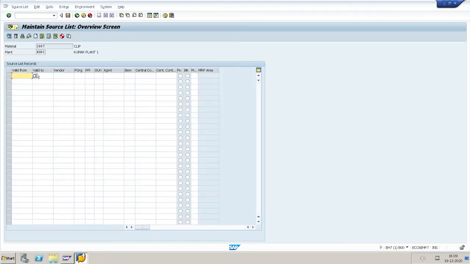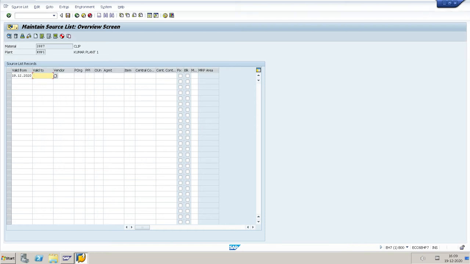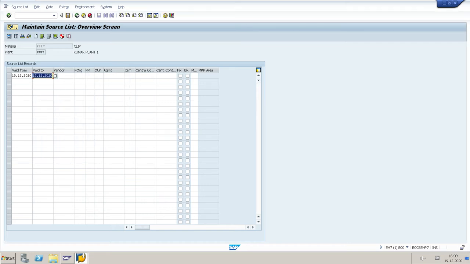Here the required input is valid from. I enter valid from today, to one year; I will change the last digit of the year to 2021. I give the vendor.